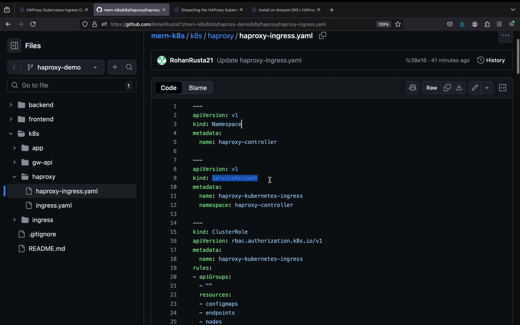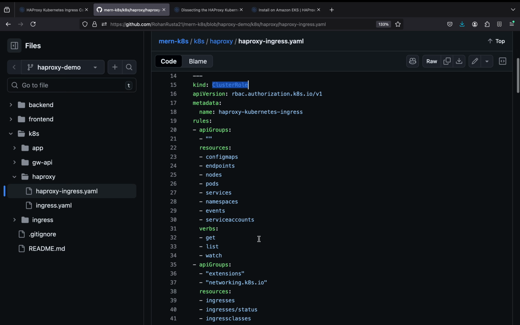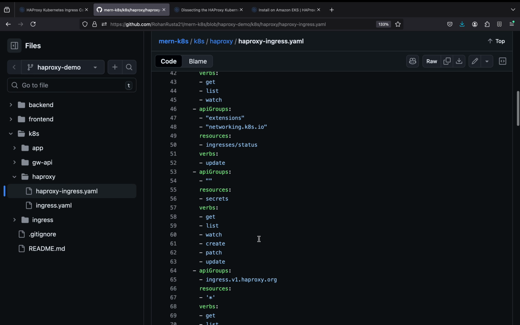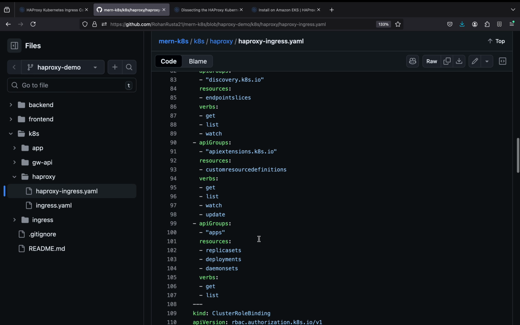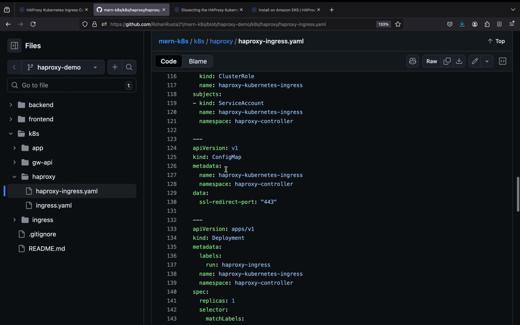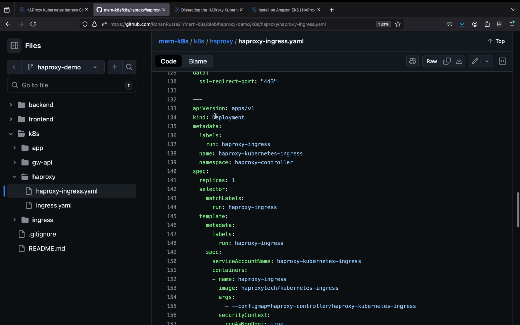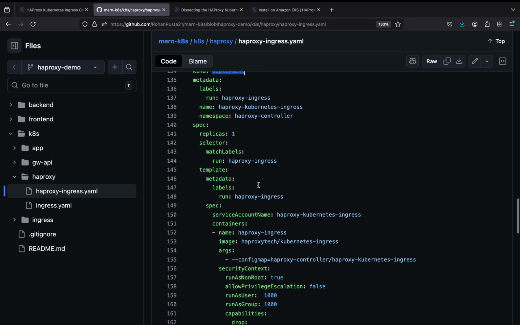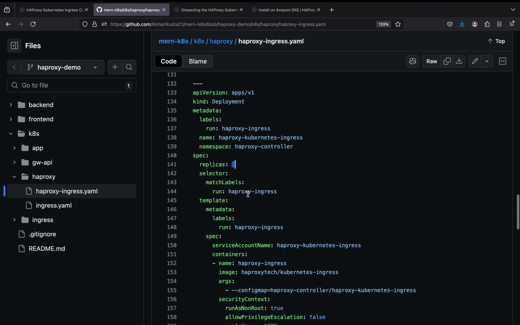I am also creating a service account, and a cluster role for my HAProxy to work, because it is a controller and we are installing multiple CRDs for that. So that's why cluster role and cluster role binding are required. After that, we are using a config map, and we are passing the SSL redirect port, which is 443 here. After this, I'm using a deployment, with one replica of the pod, which will